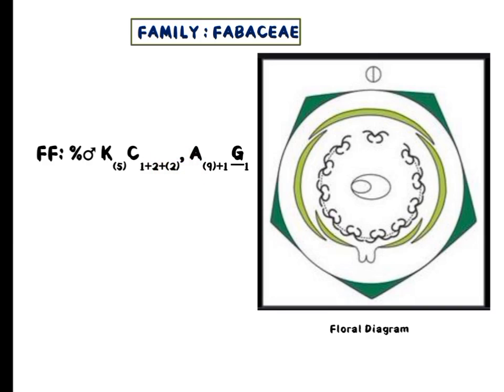Okay, then the androecium. In the androecium, we can see 9 stamens are fused to form 1 adelphi, and 1 is another adelphi. All the 9 stamens are in a fused condition. That's why the bracket is given to the number of stamens, that is 9 plus 1. 1 is not in a fused condition. Then the gynoecium. The gynoecium has a superior ovary and there is only a single what? That is monocarpellary. A single carpel is there. That is why we put 1.